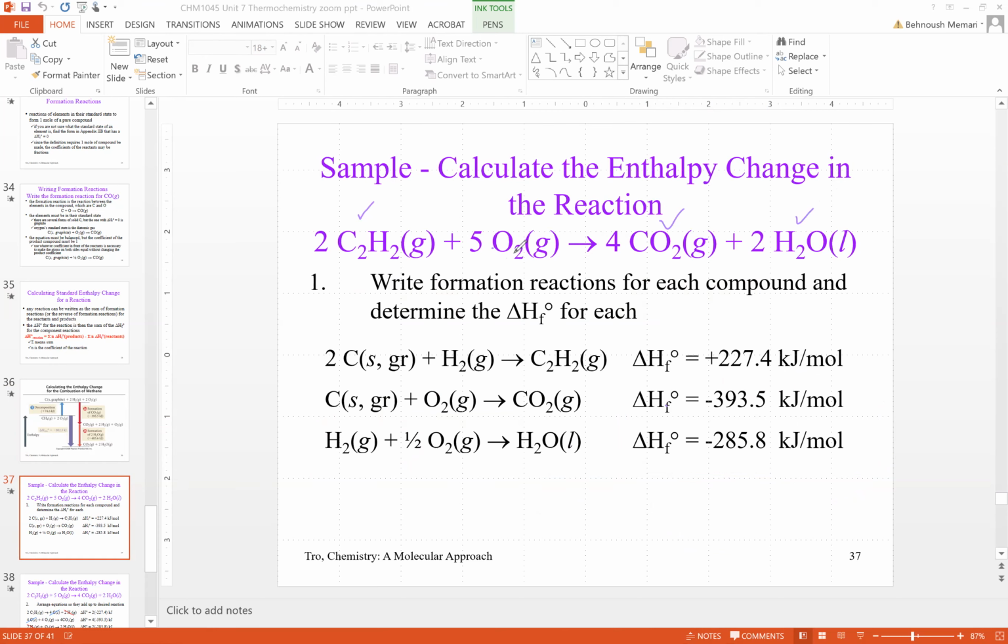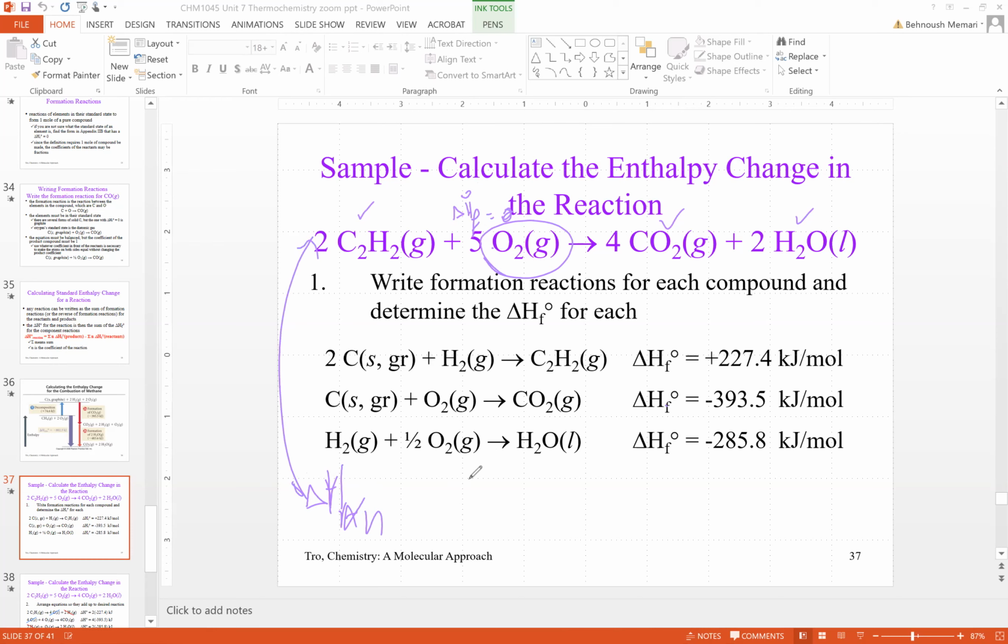What's the value for O2? Because O2 appears in nature as a diatomic molecule, the delta H formation for this is going to be 0. Okay. Now, if you want to find the delta H for this reaction,